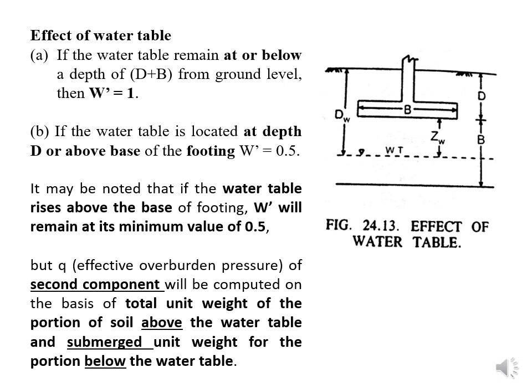If the water table exists in between the ground surface and the base of the footing, that means in between D, what shall we do? We shall take the submerged density and the density above the water table, and both densities we shall add, which will be the value of gamma, and then multiply by D, because Q is equal to gamma D, which is incorporated in the second component.